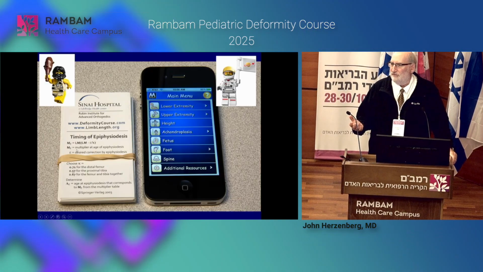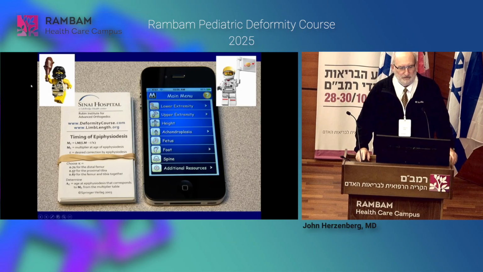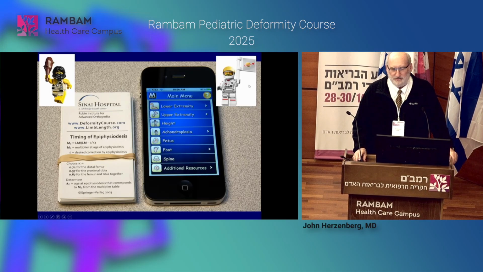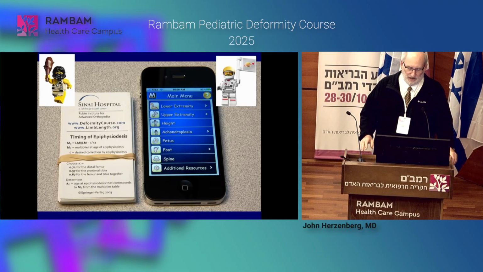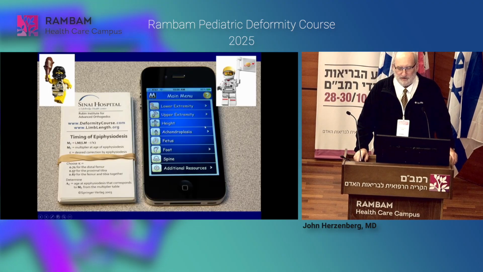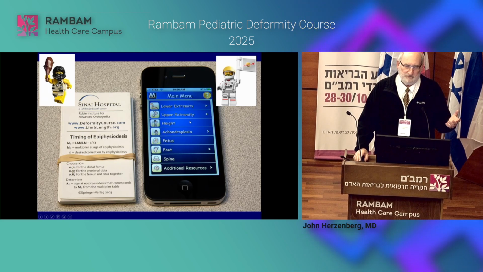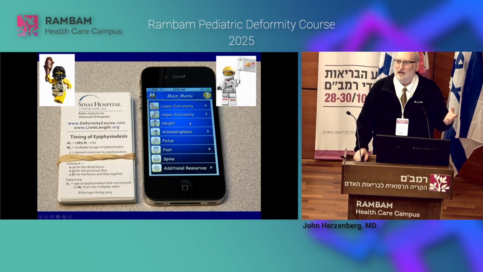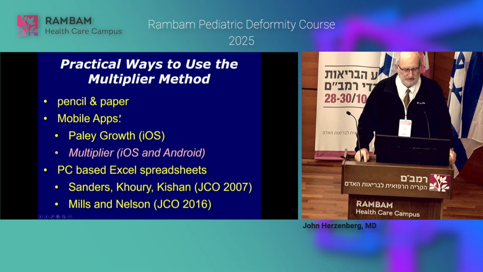But then at one point we figured, everyone has a computer in their pocket. And so, instead of being in the Stone Age, we should be in the Space Age. So we took all these formulas and all these charts, and we put them into an app, which we now all know and love, or hate, I don't know how you feel about it, as the Multiplier. So that's, anyway, how it all was derived and how it started.